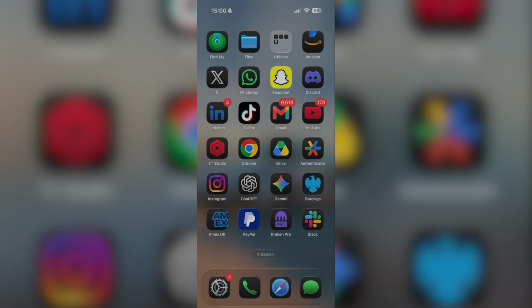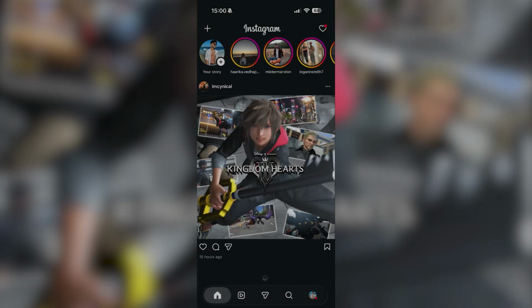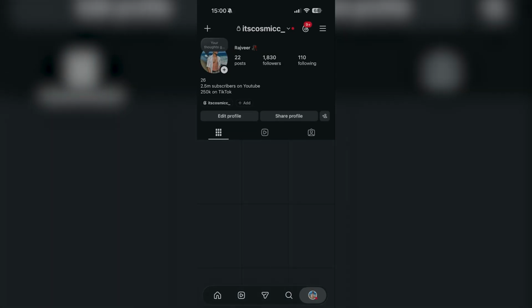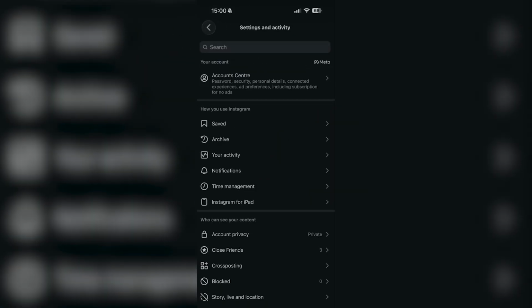But anyways, getting into it, it's very simple to go ahead and do this. So what we want to go ahead and do is open up our Instagram application, and you can do this on anything, whether you're on iPhone, Android, Samsung, or anything like that. So what we want to go ahead and do is on the bottom right, go ahead and click on our profile icon. Then on the top right, press the three lines, and you're going to be brought to settings and